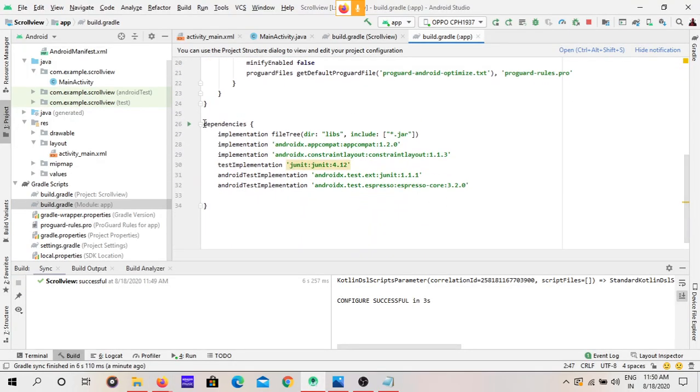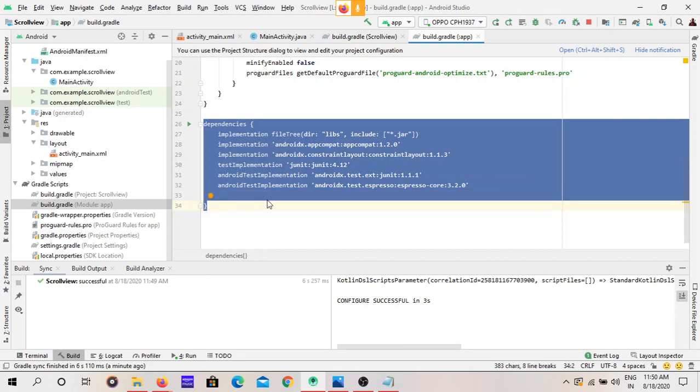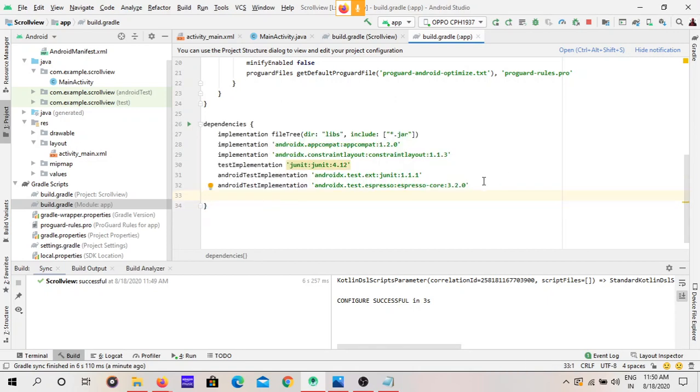See, these are the inbuilt dependencies. Dependencies are like a group of packages. Like in other languages, we just import the packages. In C, we use hash include stdio.h. Those are the packages. When coming to Android Studio, we call them dependencies, not packages. Just the naming is different, but the functionality is the same. So whenever you are going to use other dependencies, please mention the dependency name, like here, as a comment and use them. This is the best practice,